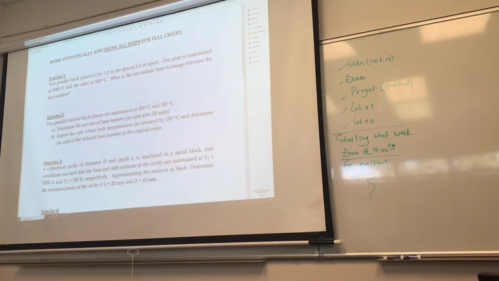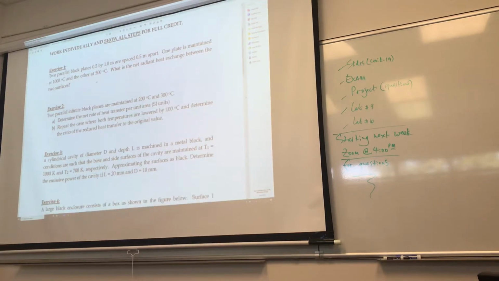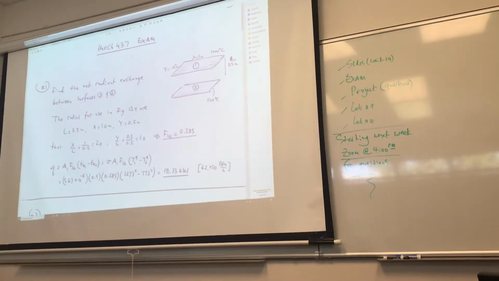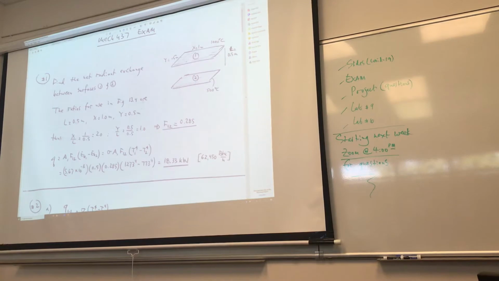So, the first one had 2 parallel plates separated by a certain distance. One plate is maintained at 1,000, the other at 500. What is the radiant exchange? That takes 2 seconds to do. It's like here, 2 plates, half a meter apart, 1,000, 500. What is the